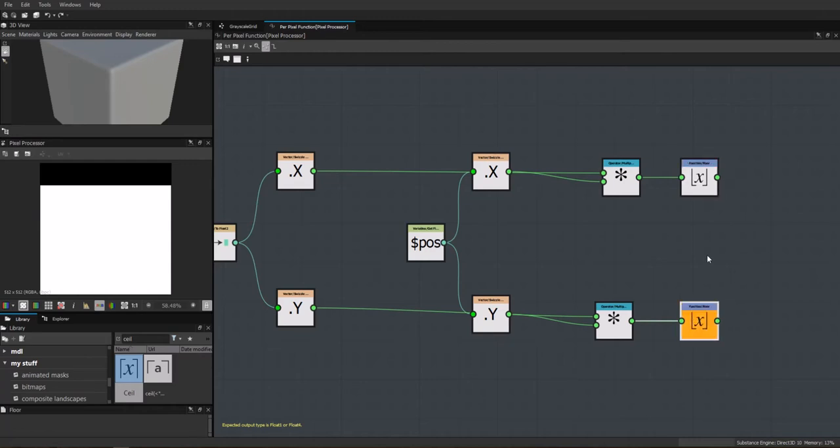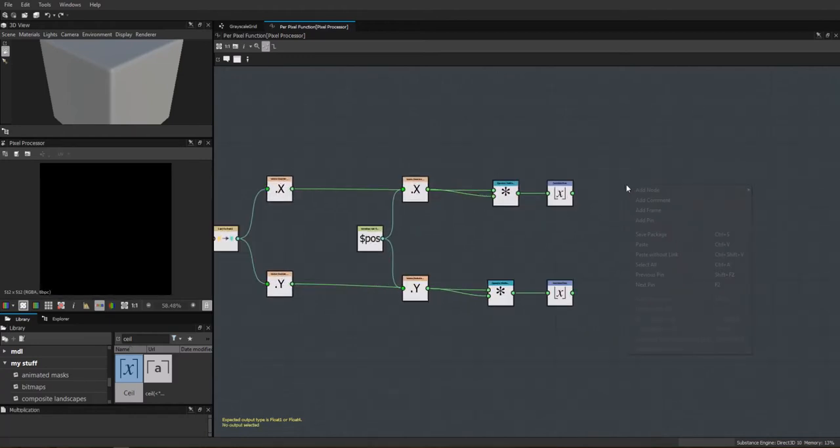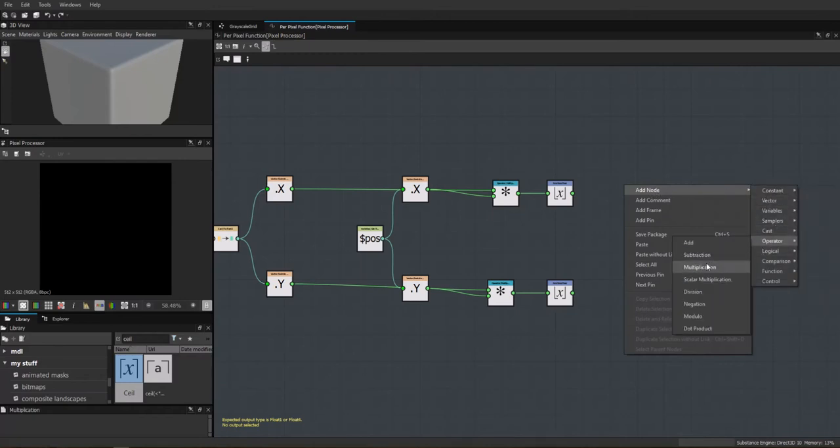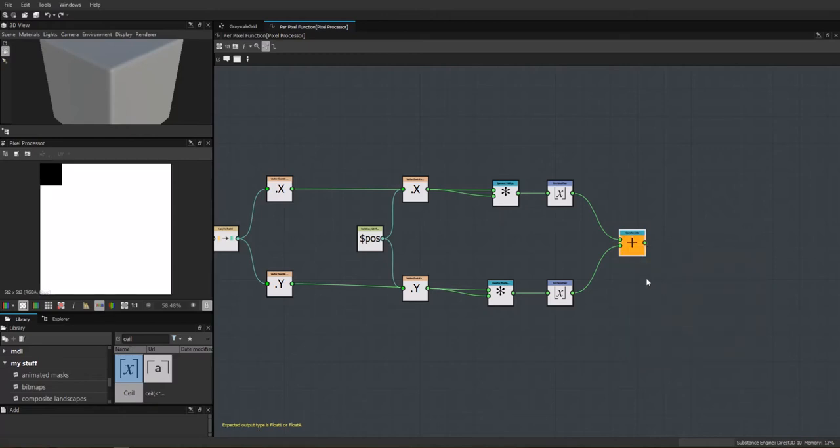So now, if we add these two guys together, what we end up with is the definition of what one of our grid squares is. So if we come back to our input parameters,